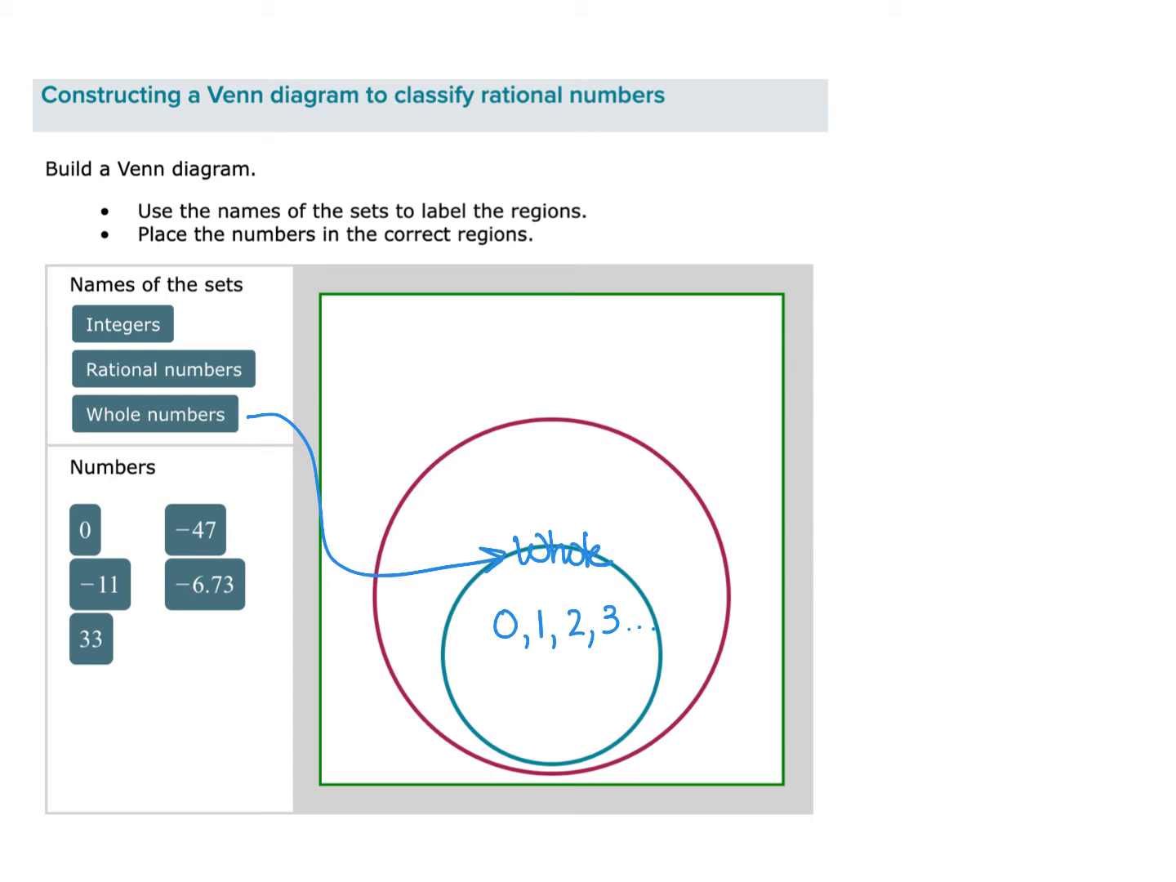All right, the next one we have is our integers. So we will bring our integers down, release it, and it will attach to the circle, and these will be our integers. Now, integers, as you can see, the whole numbers fit into this circle. So the integers are all whole numbers,